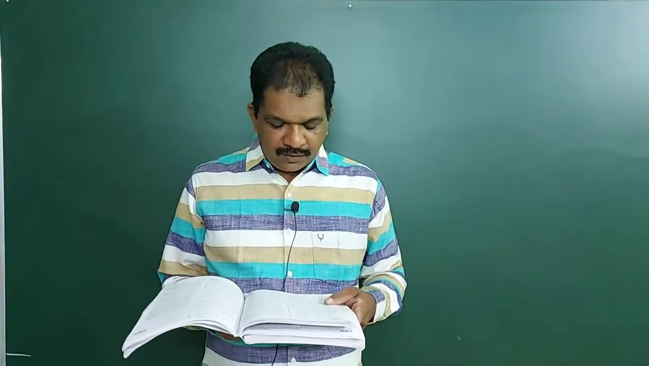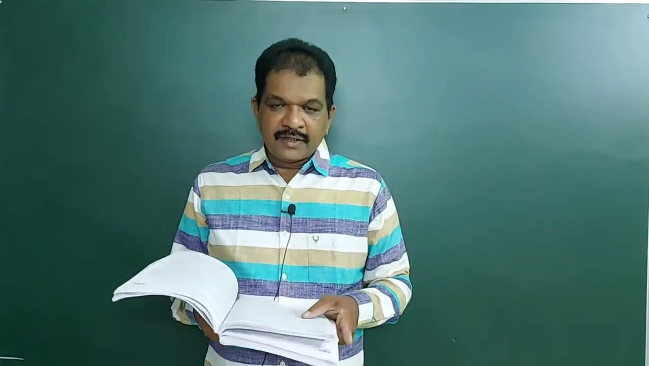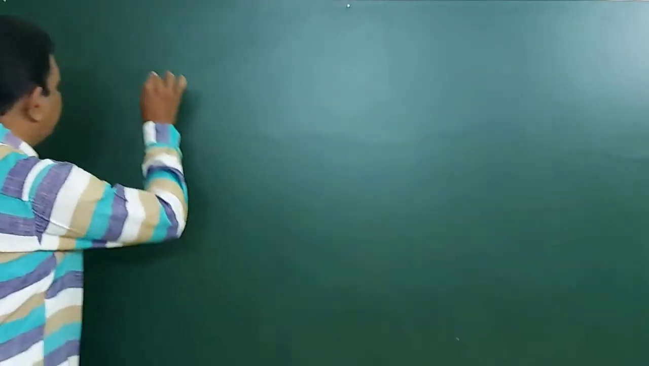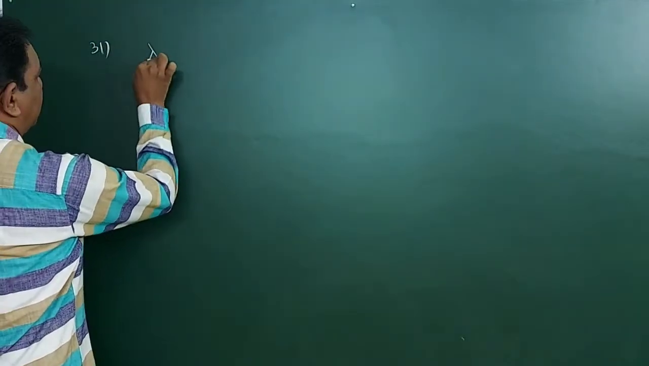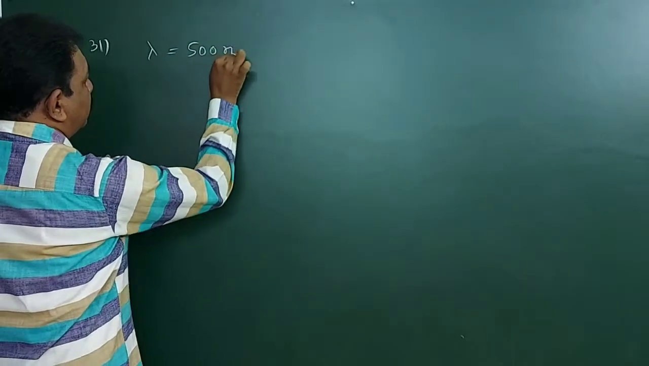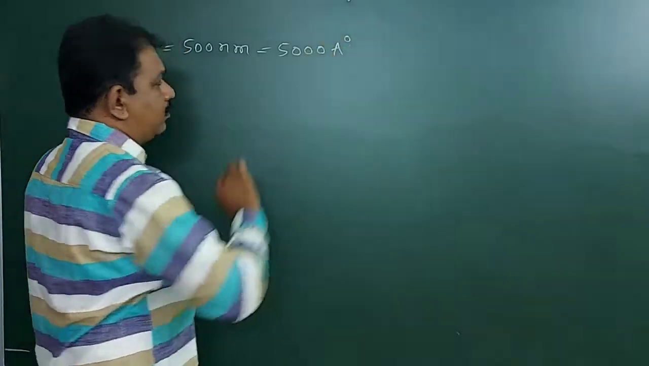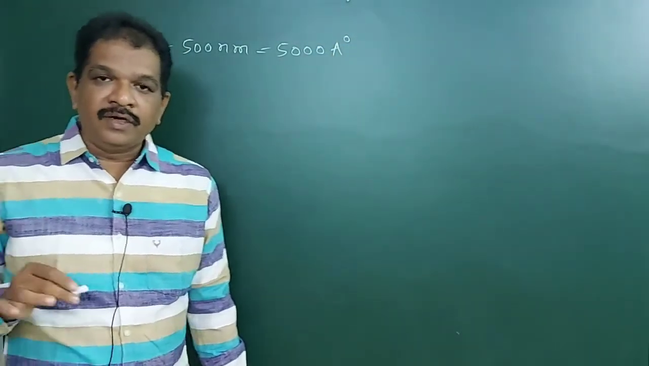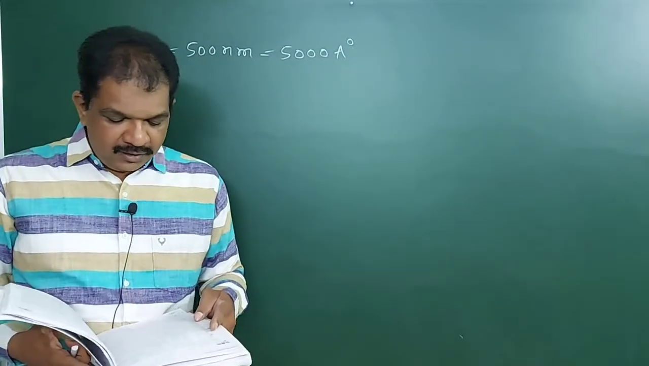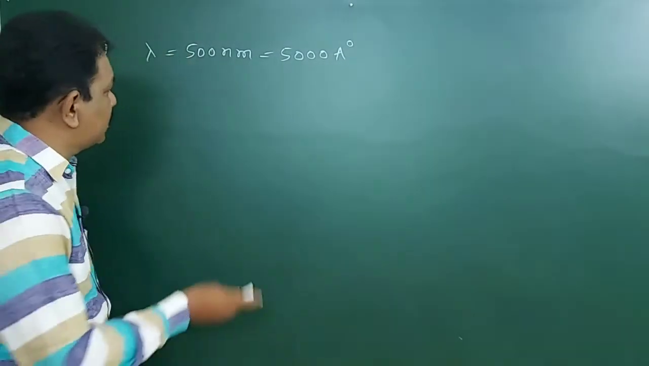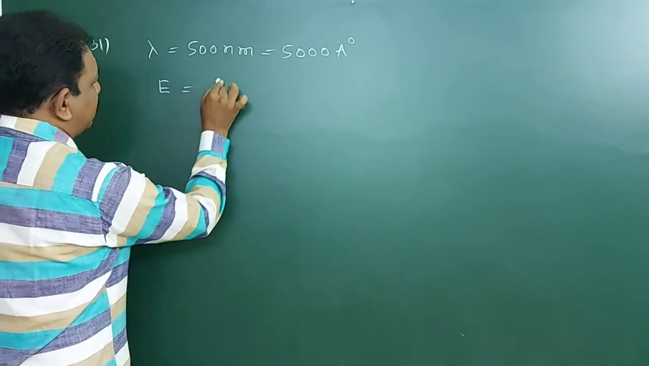Last class 30 completed, 31 you see. Light of wavelength 500 nanometer is incident on a metal with work function 2.28 electron volt. The de Broglie wavelength of the emitted electron is... Incident wavelength 500 nanometer. So lambda value 500 nanometer means we will write 5000 angstrom unit. Incident wavelength, find the incident energy. So incident energy in terms of electron volt, E is equal to